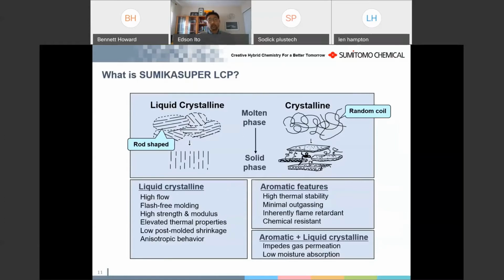So that's why when you do injection molding parts in liquid crystal polymer, you will see cycle times of around 5 seconds, 10 seconds, very, very short cycle times compared to the traditional semi-crystalline materials. And part of that structure will define the other attributes that LCP will carry around. So this liquid crystal structure will define the high flow side, the very good mechanical modulus that you will see in this product, the low mold shrinkage, and the aromatic part of the chemistry of the structure will define the thermal performance. So this will help us to get the very high thermal performance